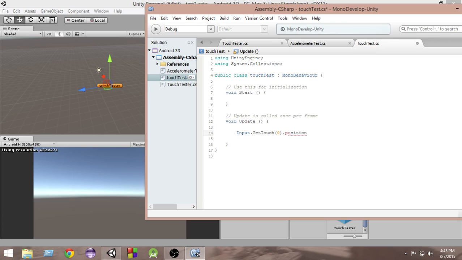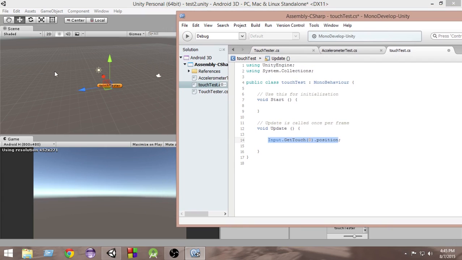If you don't understand what I'm writing, I have explained all these concepts in depth in the previous video, so I would request you to check out the previous video so that you can understand all these things. This is how we are actually getting the position of the touch, or wherever I am touching. But the problem is,